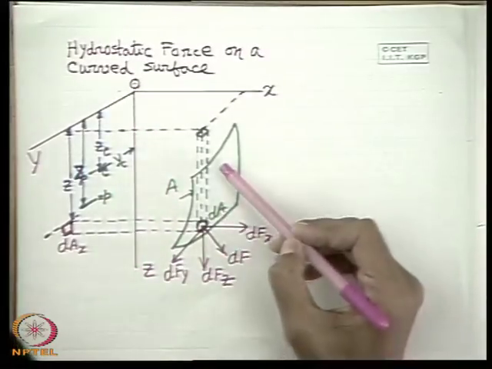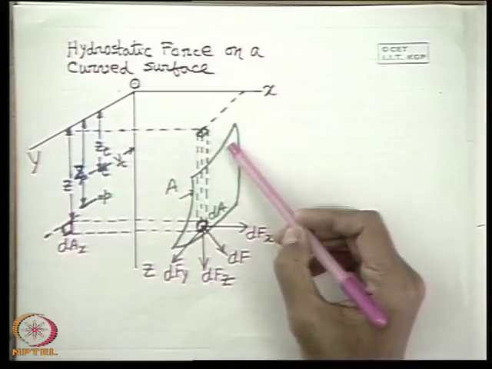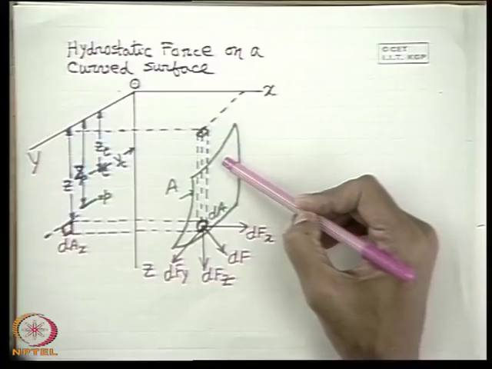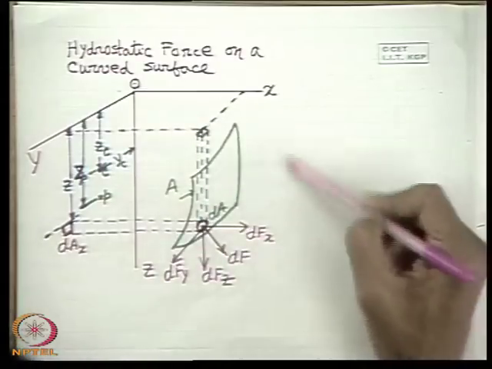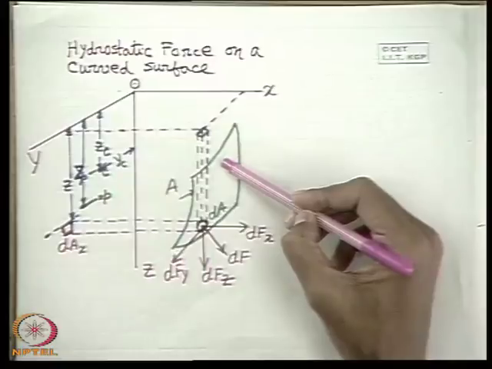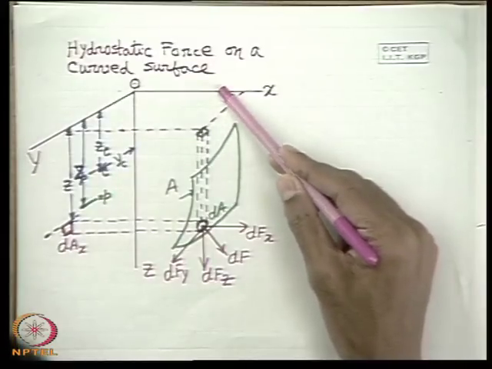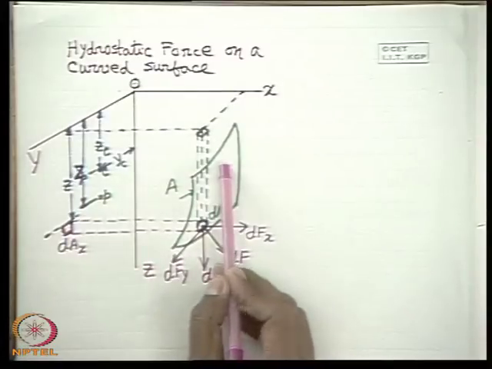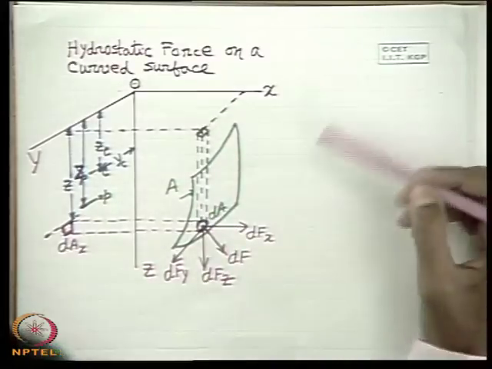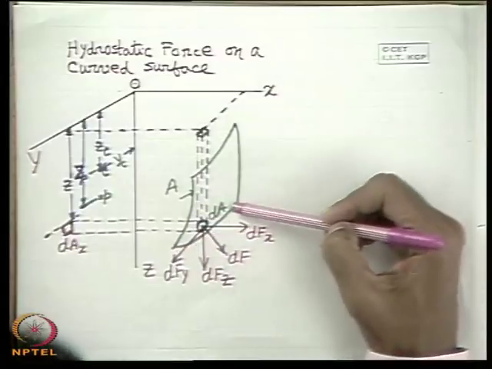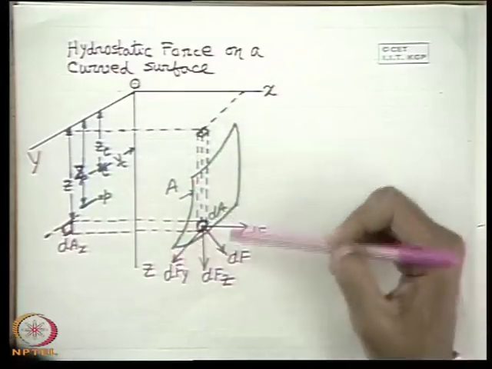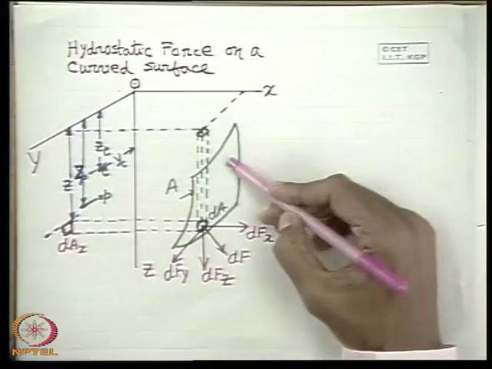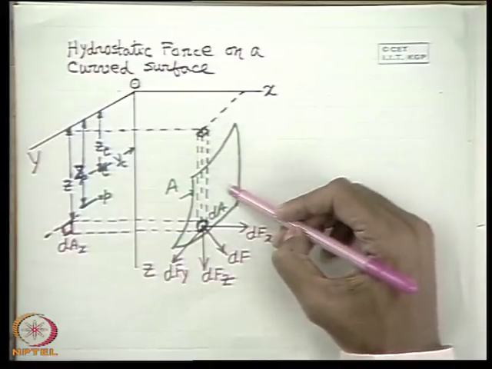Now it is true that at each and every point on the surface the pressure intensity, or the magnitude, is equal to rho, the density of the fluid, which is constant in the case of a liquid, times g times its vertical depth from the free surface, which we denote by the z coordinate. That means rho g z. But the difference between this and that of a plane surface is that at each and every point the force is normal to the surface, and these normals are not parallel.